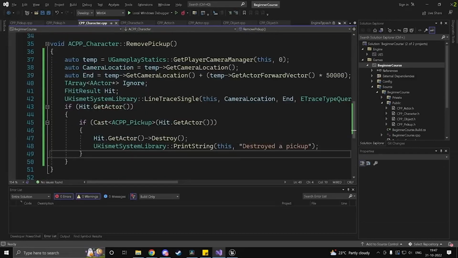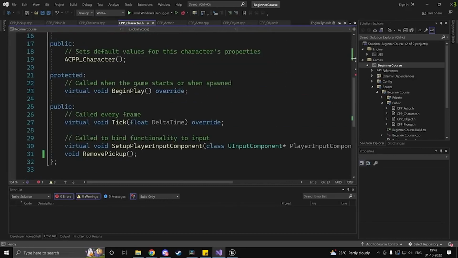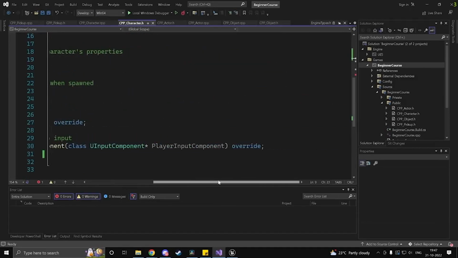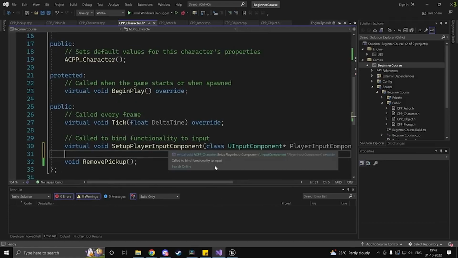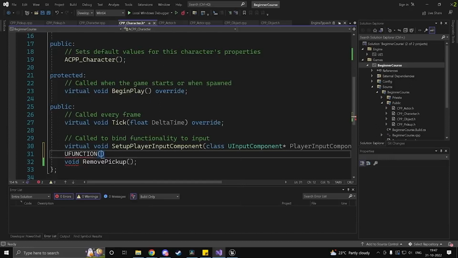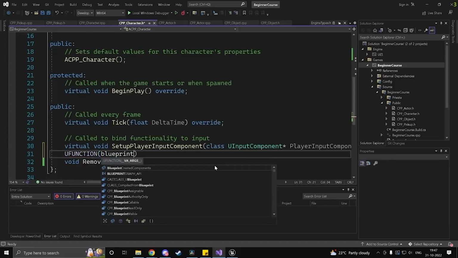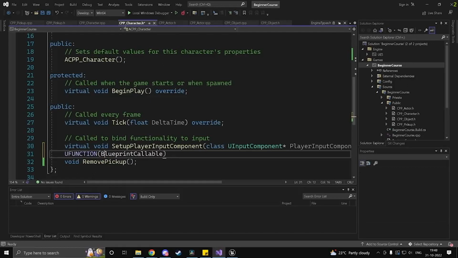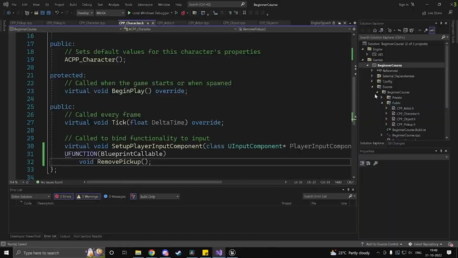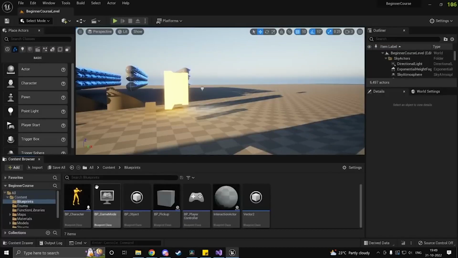So now in order for us to actually be able to call this from Blueprint, we'll set up input and stuff a bit later in Blueprint. It has a couple of extra steps. So in order to expose this to Blueprint, we'll again use a UFUNCTION and make this one BlueprintCallable. Make sure I get the case right and just indent that. And now if I go ahead and close my editor and run a debugger now, the editor should load up,